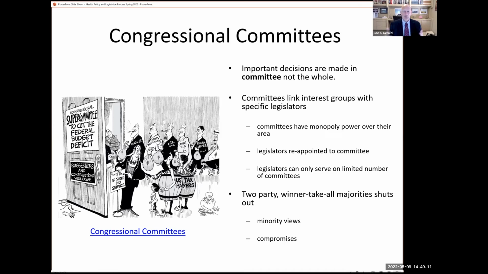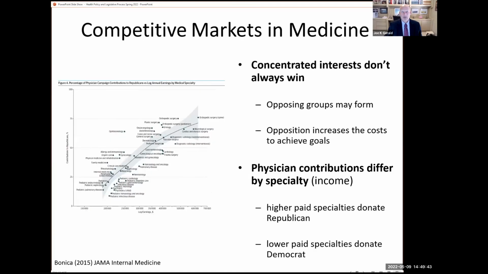Okay. And so again, we talked about how we have a two-party winner-take-all system. Being in the majority party is incredibly important because minority views are not heard and compromises are often not necessary in our two-party winner-take-all system. And so it ends up in the United States that we can swing right, we can swing back left, because if there is an election that changes the majority party, then the other party doesn't have to compromise with the outgoing losers. They can act on their own without repercussions.